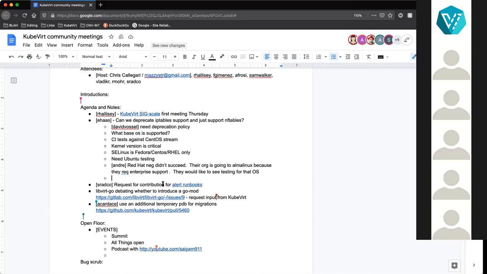Yeah, that's the problem. Right, so the problem is not the OS support. You need to remember that there are customers out there that have assets that depend on IP tables. They already have automated scripts and more automation that is not related to KubeVirt and deploy firewalls and so on related to IP tables. Yeah, so we need to consider that as well.